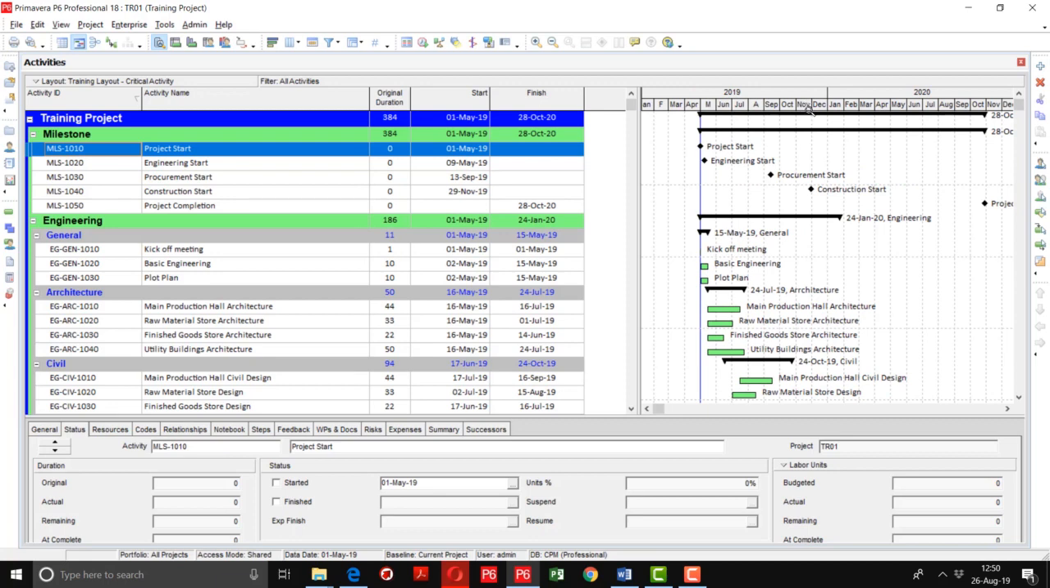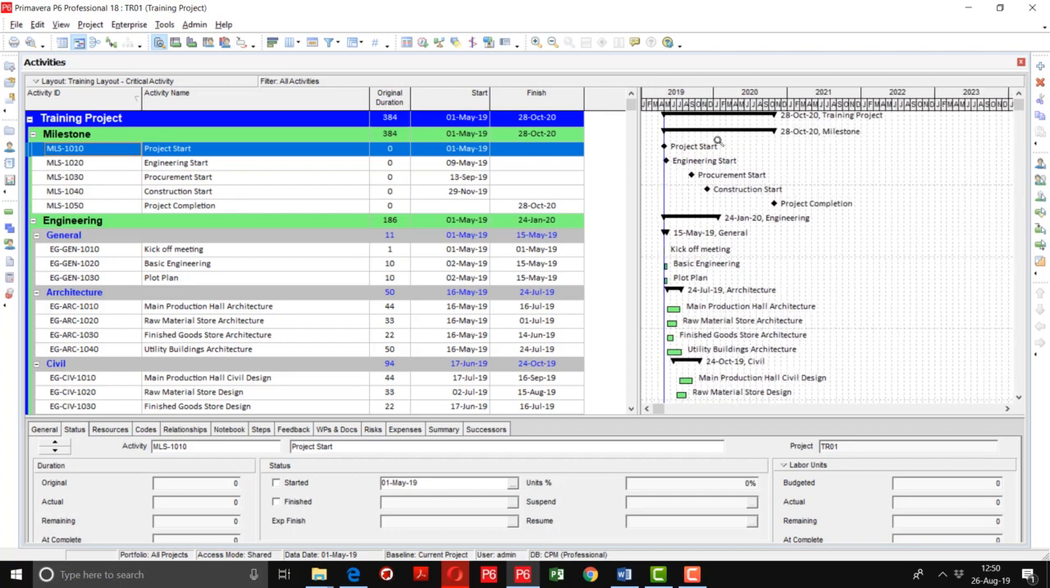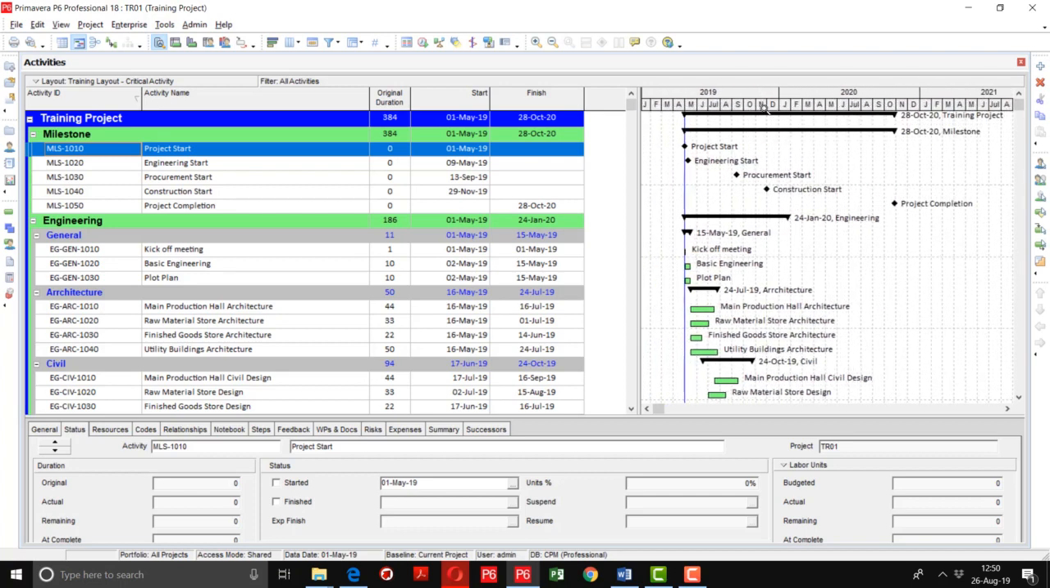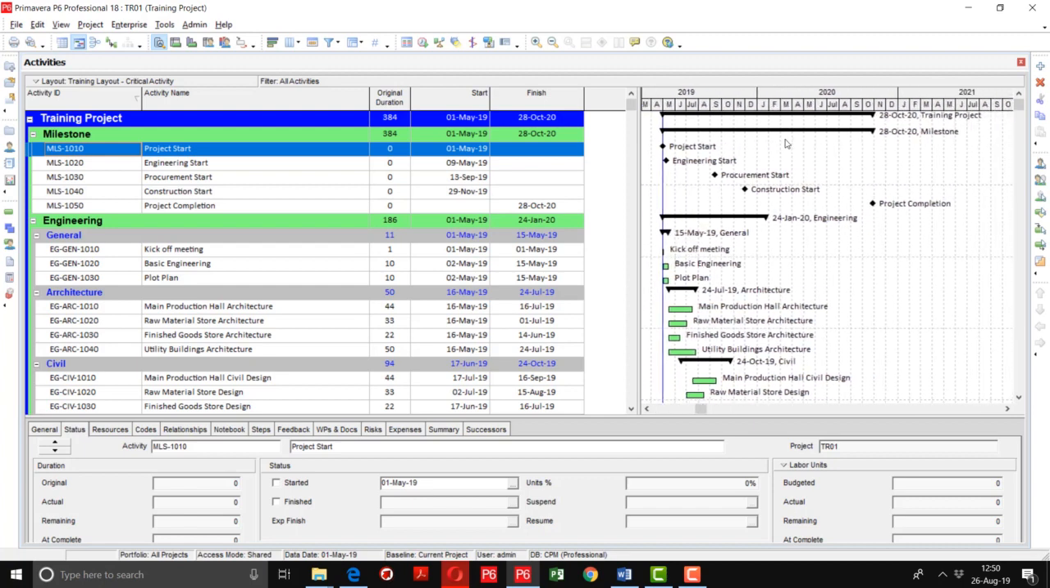So if you keep your mouse on this time scale, here the magnifier will appear, so it will squeeze in and out the time scale. Secondly, if you click here, and a pen will appear, so you can move your Gantt chart here and there. Then